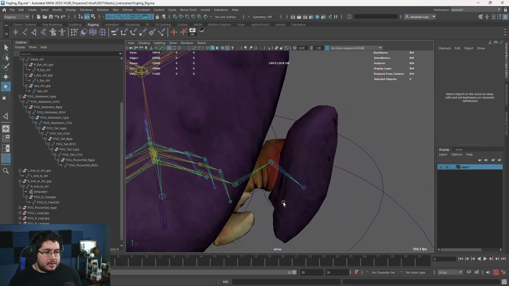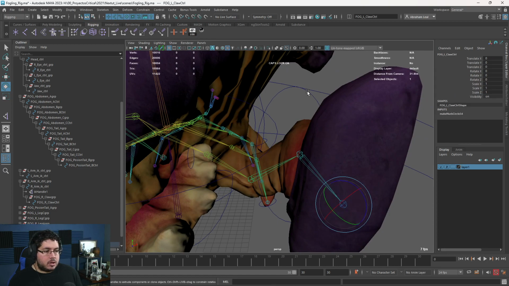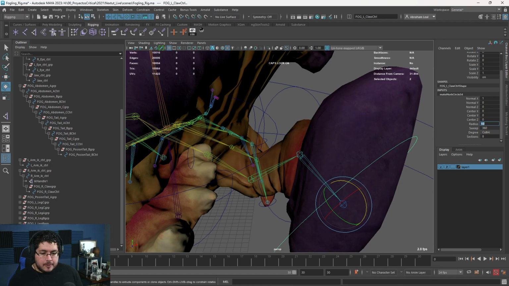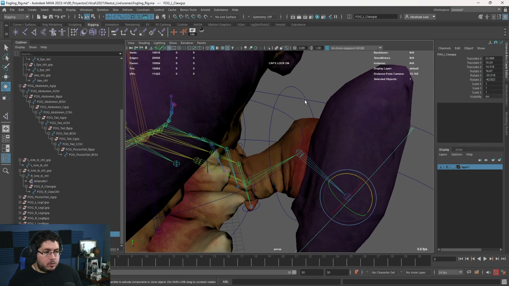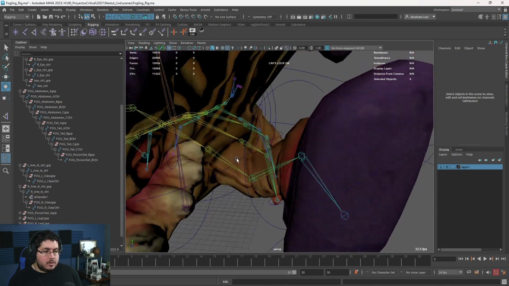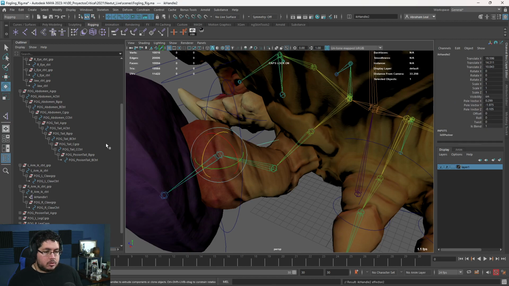I'll repeat it on this side. So we need to create the IK controller. Well, we need to create a curve for this one with the script. This is going to be 10 radius. The claw group will be parented to this curve right here. So P, you can see the IK control group, the IK control, the claw group. There we go. And then we go to skeleton and we create an IK handle going from here to here.